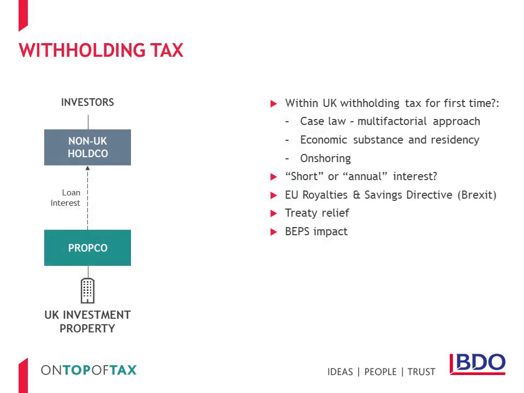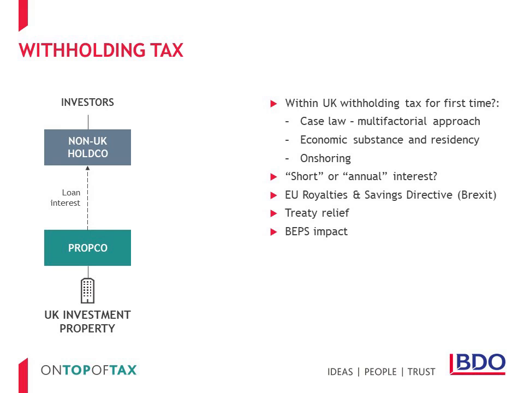While HMRC's guidance has for many years been that the residence of the paying entity is critical in deciding whether interest has a UK source or not, recent cases leave some doubt. If the reaction to the corporate interest restriction, economic substance requirements and new tax on non-resident capital gains, which we'll talk about separately, is to bring property companies onshore, they may now, for the first time, be subject to UK withholding tax on interest. Real estate investors therefore need to consider the basic tests.